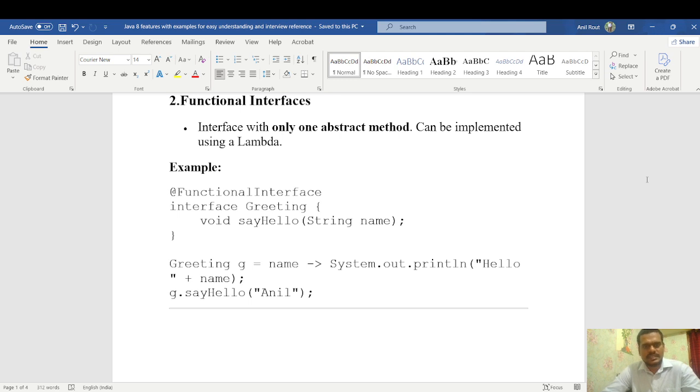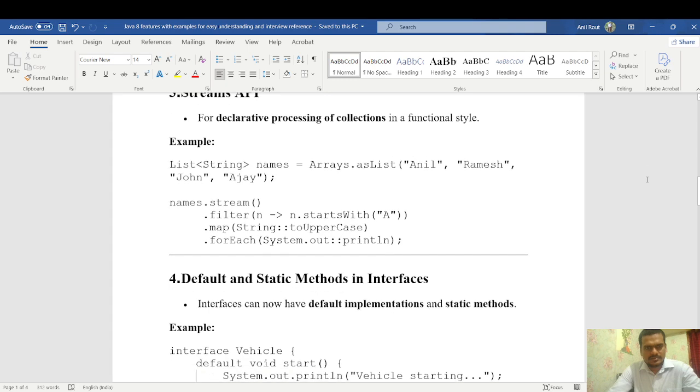Greeting g equals name, and then System.out.println hello plus name. g.sayHello Anil, so we are passing Anil, and that's how we are calling. This is called functional interfaces. Just observe that. Understood now? This is one thing which was introduced. Next,